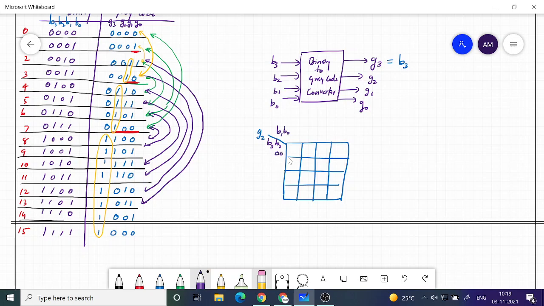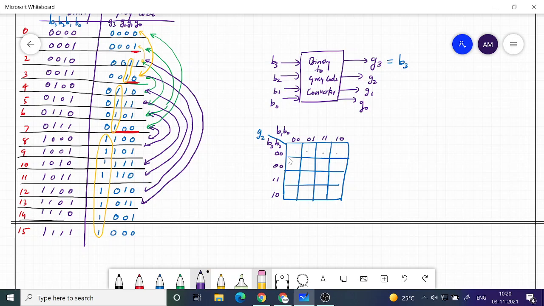Here also we are using gray code on the side of the K-map: 0 0, 0 1, 1 1, 1 0. Let us see what happens. The first 4 entries are 0. The zeros I am not entering.